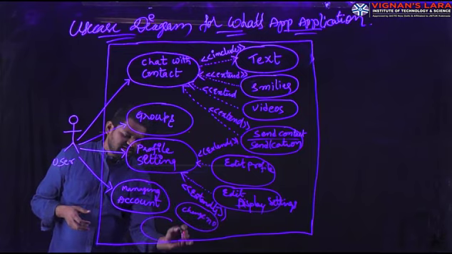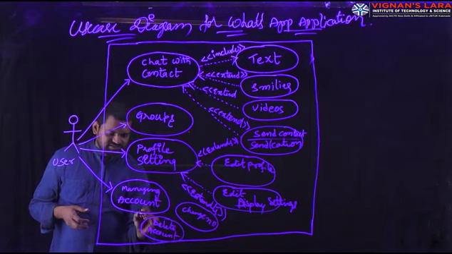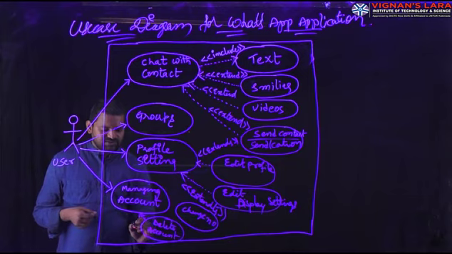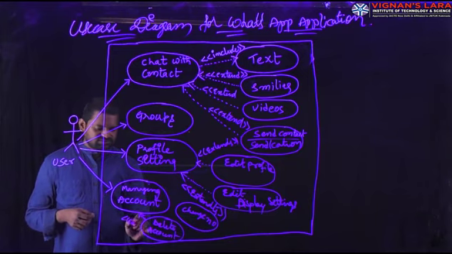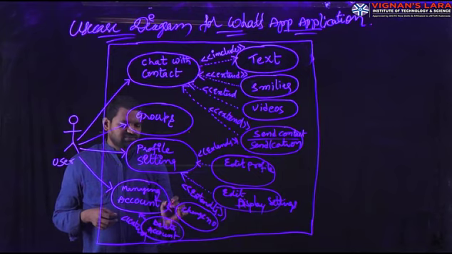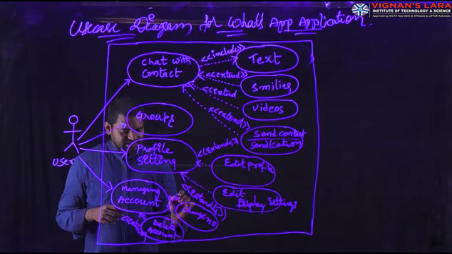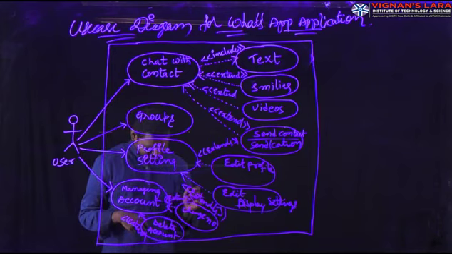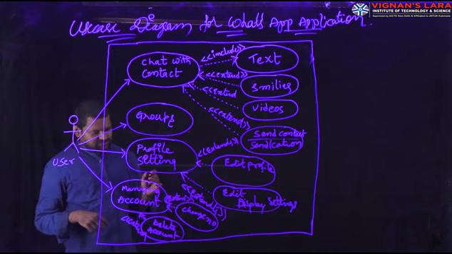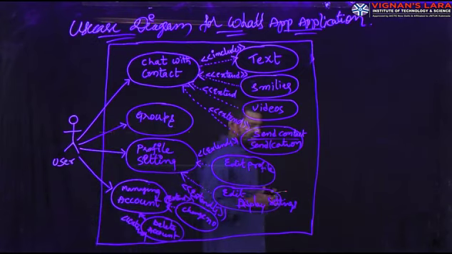Another use case: delete account. Deleting an account is not done regularly, so you use the extend relationship. Likewise, changing the number is also not done regularly, so you use the extend dependency relationship. These are the kinds of operations we have to provide in a